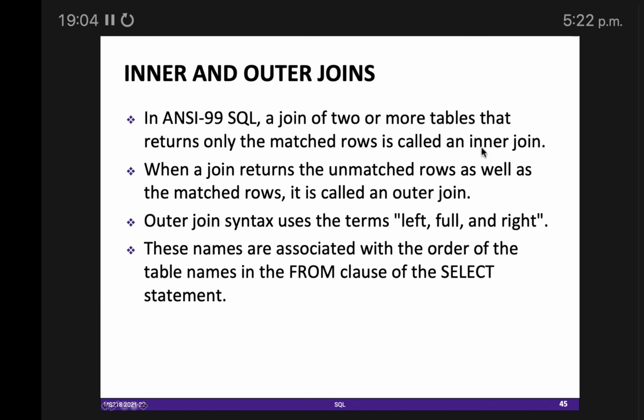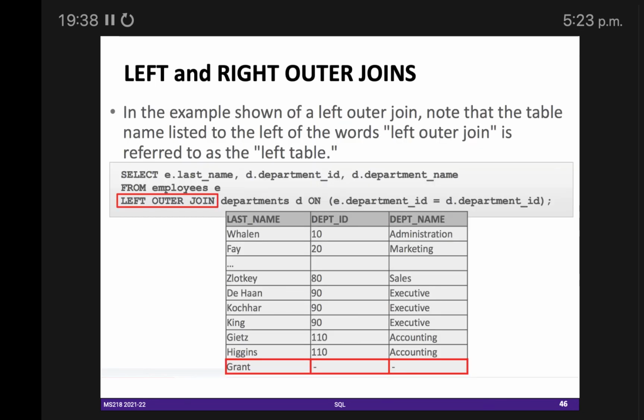So we have seen examples of inner join. This using clause or on clause is an example of inner joins where some criteria was matching. But in outer joins we also require the rows where the criteria is not matching. Okay. So just like, for example, if a university wants to check how many students have submitted their fees and dues, but they also want to check how many students haven't submitted, that sort of thing. So matched and non-matched.